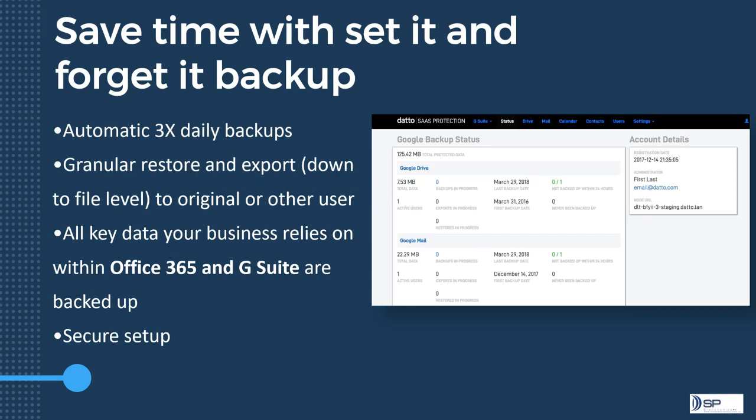So not only does it back up the Teams conversations, it backs up the Teams data. So if you store files within your Teams container, those files are backed up, and the whole container or a single file can be extracted out of the backup at any point in time.